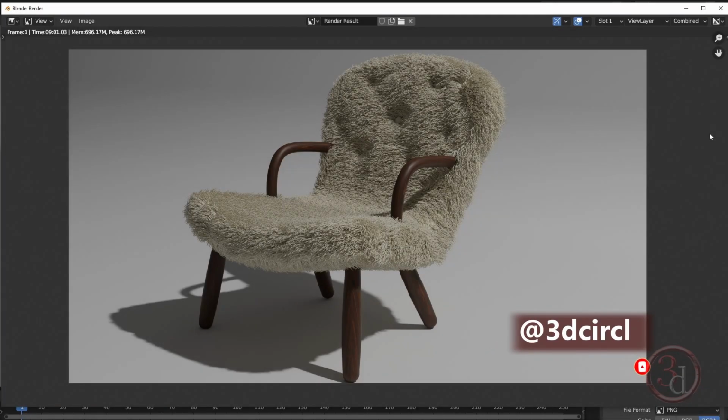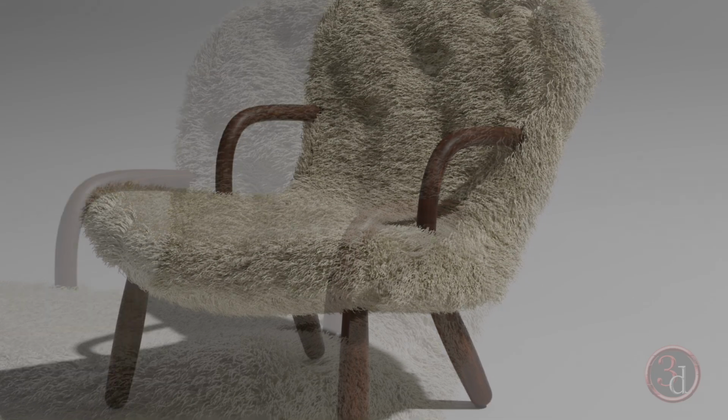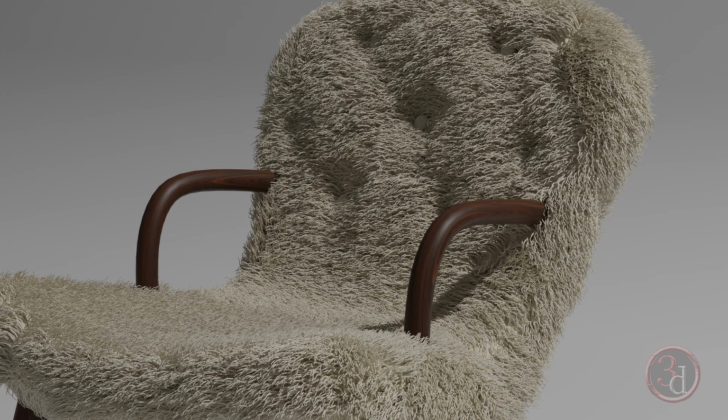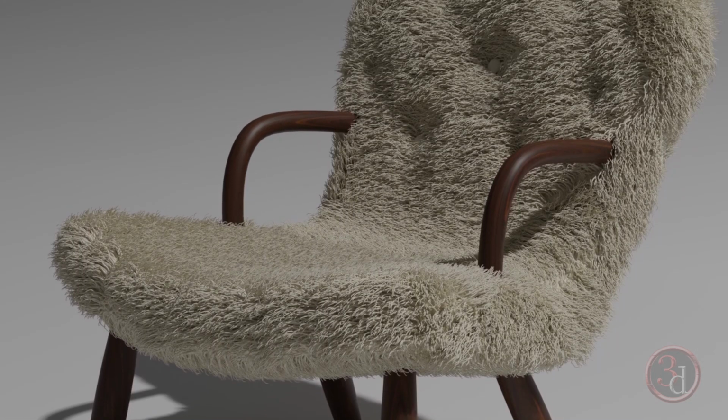All right, the rendering is complete. This is the result. I hope you learned something from it. So go ahead, practice, play with the hair settings, do crazy stuff with it,